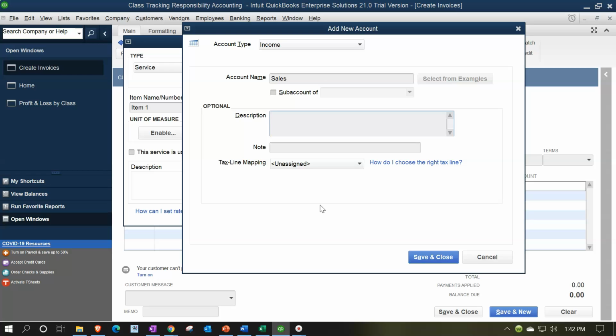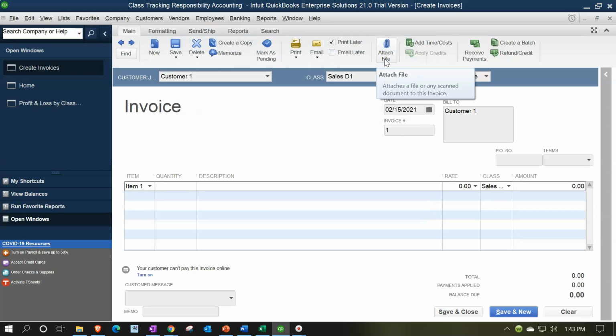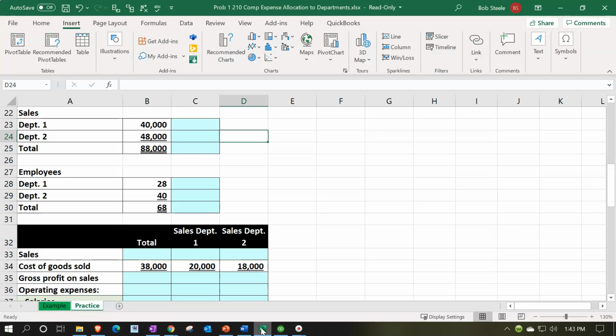Sales. Now, I'm just going to have one sales line item for the two departments, then I'm going to break out the sales by department. It may be useful, especially for the sales side of things, to have multiple different sales lines also to break out two departments, but again, that'll make the financials a little bit longer. If you have just one account and then you break it out by the department, it'll be a little bit faster, but if you have two accounts, you kind of have that double check, which is kind of nice as well. But in any case, we're going to say this is going to be then for the amount of $40,000